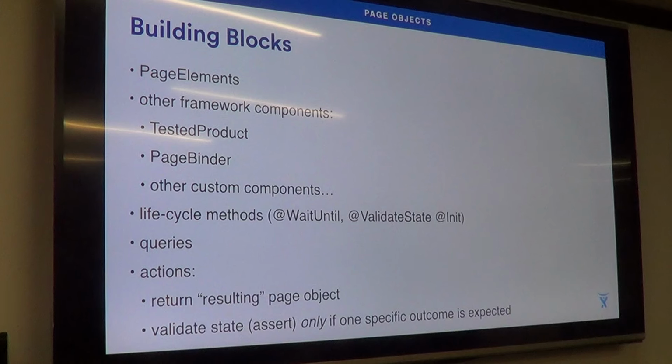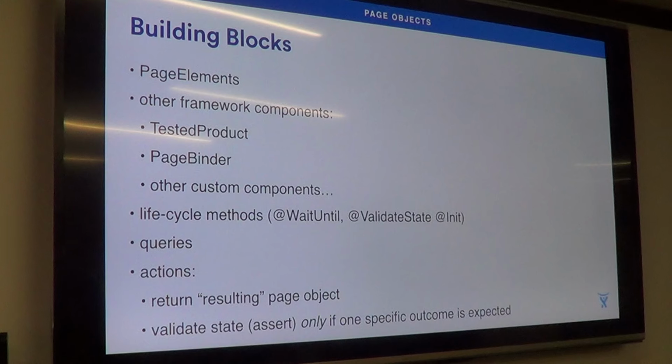And then, again, as I mentioned, it's okay to assert. It's one of the places where it's okay to put assertions, but only if there is one specific outcome. For example, a bad example of assertion is when we have a method to submit a form, or to click add something or whatever, and then if there is any error condition that could cause the form to actually not submit, or I don't know, the dialog not to close instead of return to you with an error,